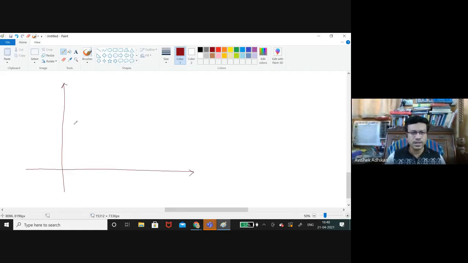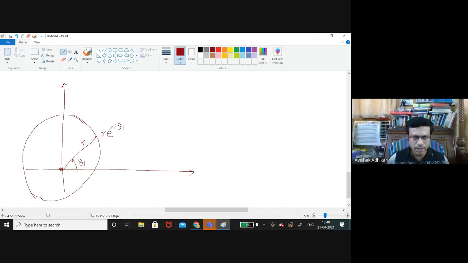Suppose I consider a circle with center 0 0, though it's not with center 0 0, but assume that this is a circle with center 0 0 and say radius r. So this point, if this angle is theta 1, then it is r e to the power i theta 1. Okay, take another point. The value of r will be the same because it's on the circle, but this angle, say theta 2,